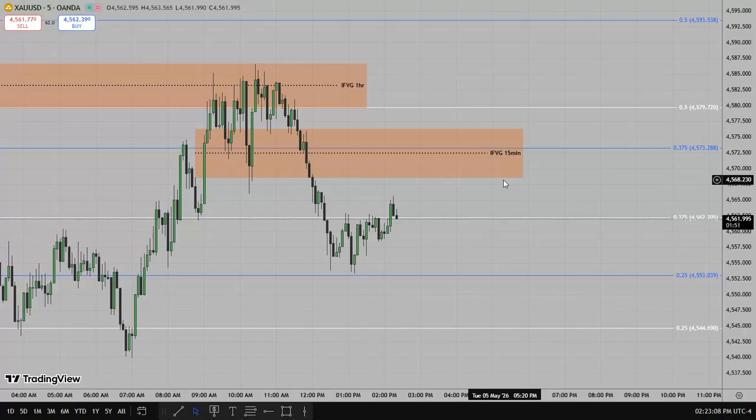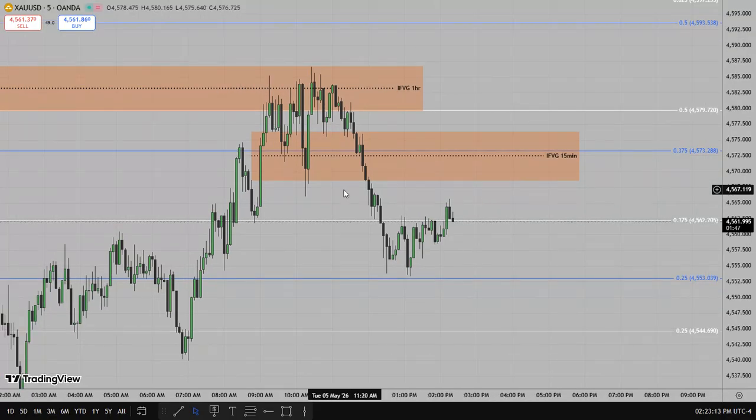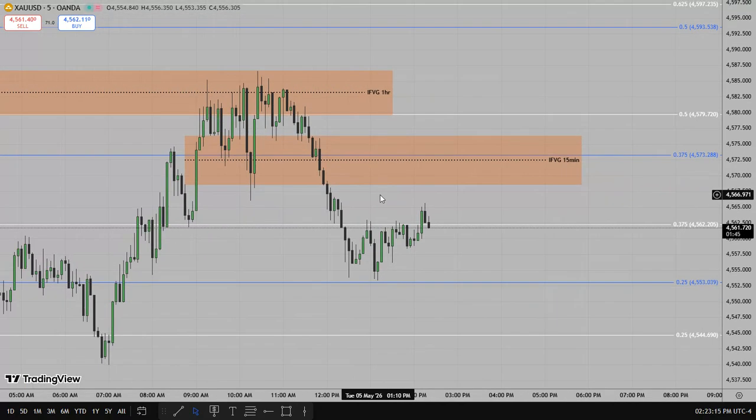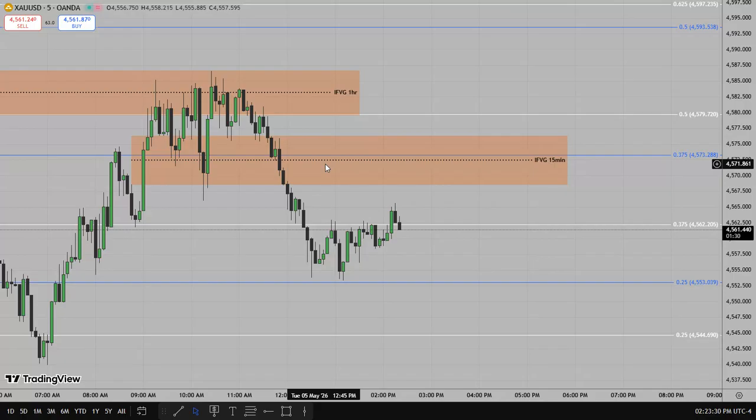So what is liquidity? Liquidity is the ability of an asset to be converted into cash. I've said that again and again and again. Liquidity is where retail stops are, and also the aspect of engineering liquidity is also the same aspect as where